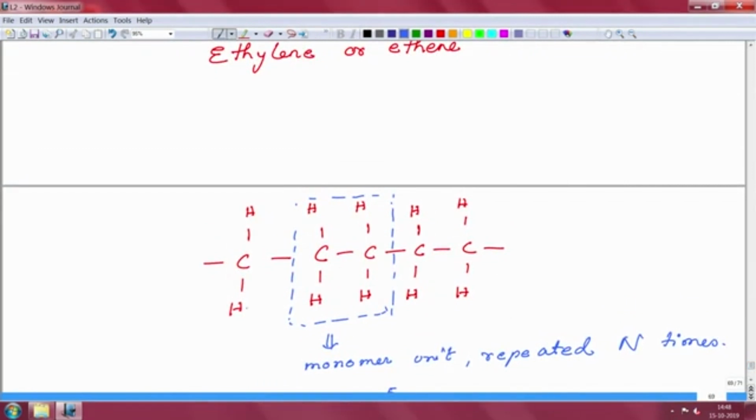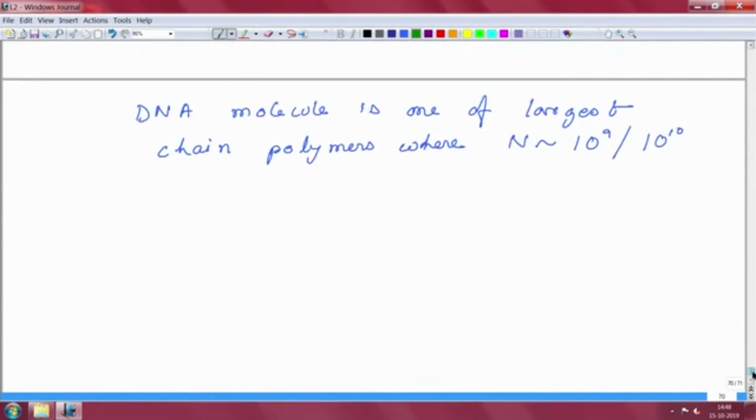This kind of arrangement is also called a linear arrangement. So, all the carbon-carbon bonds are laid out next to each other. Right. So, this is a linear molecule, or a linear chain. Okay. So, I will just make a quick note of this, that linear here